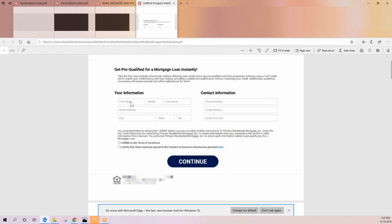That has a basic form that your client can fill out. Your client must be the one to fill this form out themselves. It's not something that you can do on their behalf. So they'll put in their first name, last name, and their address, as well as some basic contact information, and they'll hit continue. And then from there, because we're partnered with Experian, they'll get an instant pre-qualification status that is